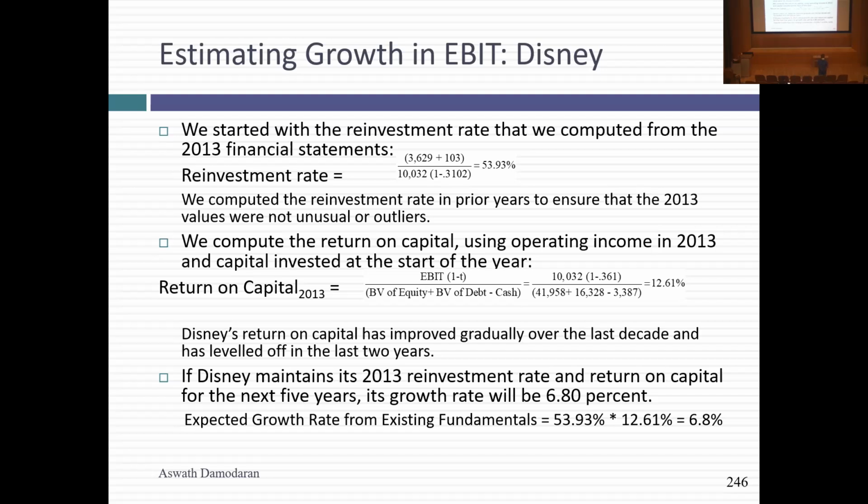I actually use that as a way of checking when a company throws out a growth rate. If a company says it can grow 35% a year and the return on capital is 11%, the only way you get to 35% growth is by pumping up margins. And if the existing margin is already at high levels, the question you've got to ask is, where is this extra oomph coming from? How are you able to grow at 35% a year? So if nothing else, it allows you to ask the right questions about companies.